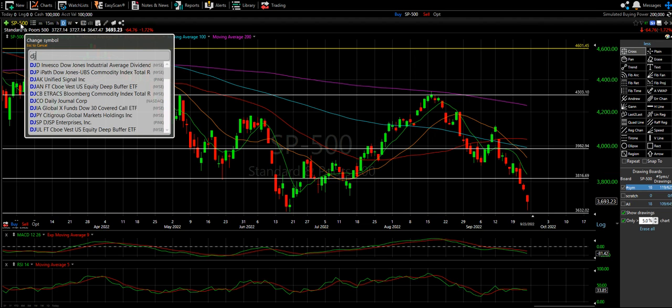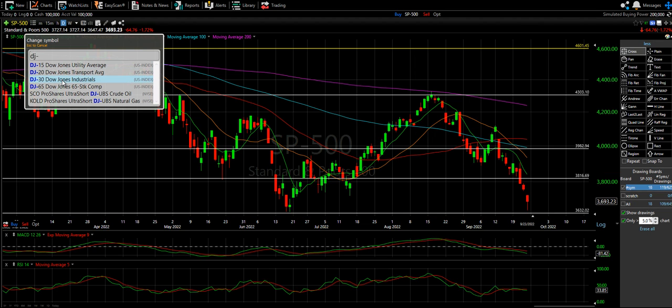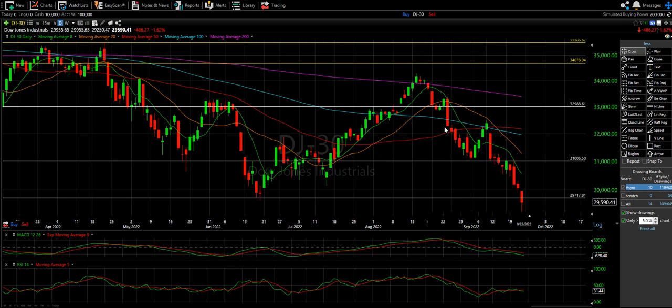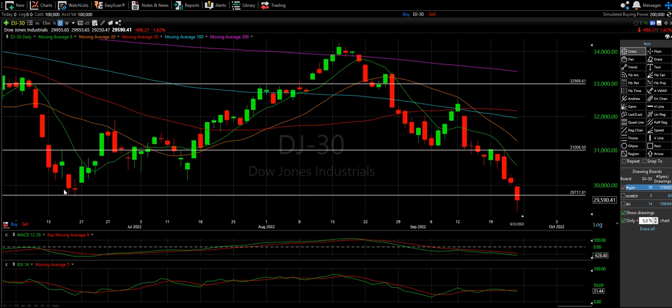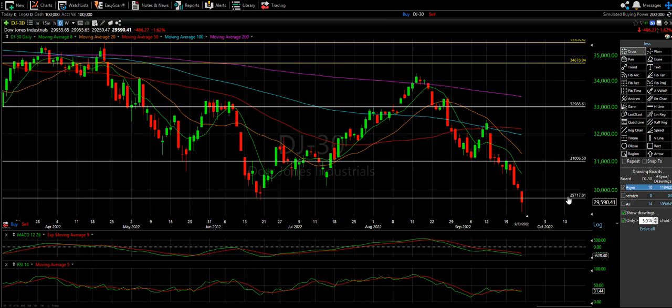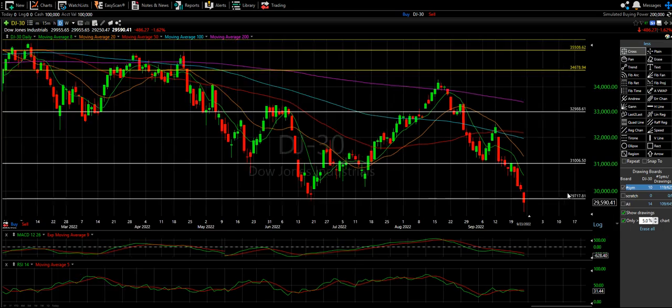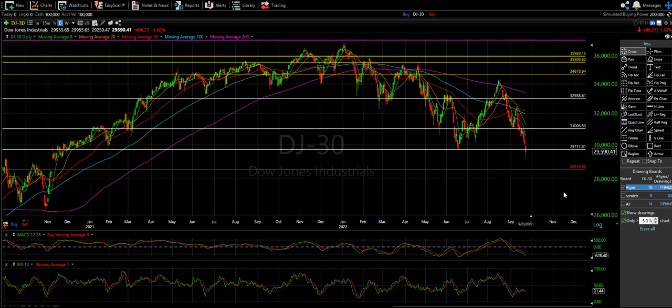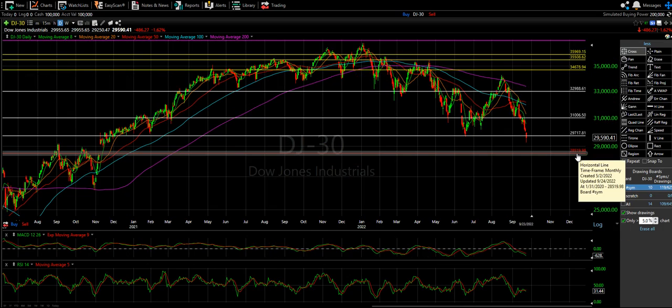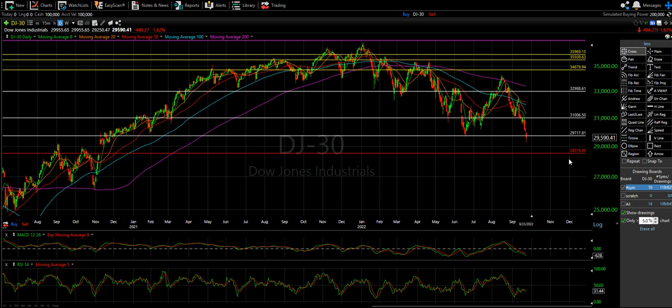Oops, sorry. So coming into the DJ30, the Dow Jones Industrial, same chart on the daily, right? Bounced off this all the way up to the 200, all the way down. It would seem like the correlation would make this line the death line. I have to zoom out again, sorry. But it's actually not. It's the line underneath, this 28.5 number that I got here.